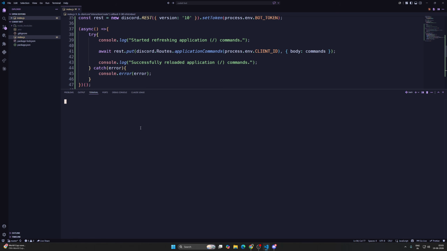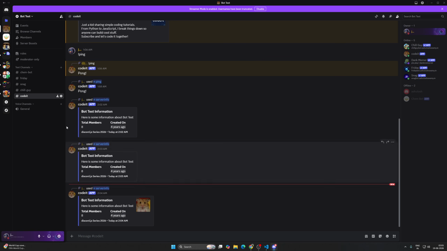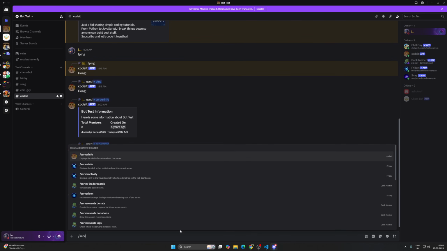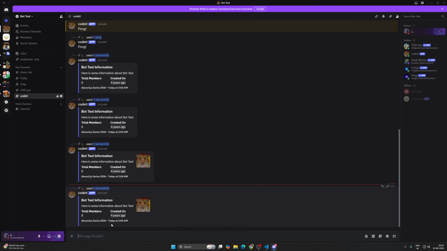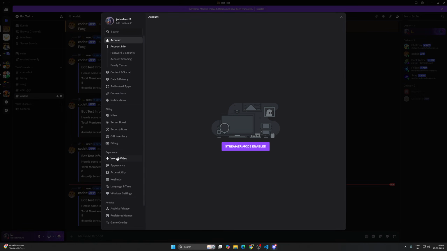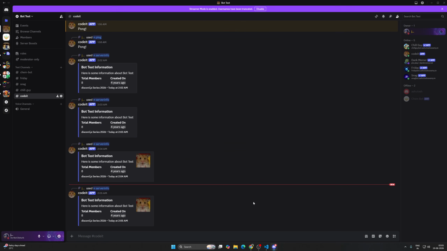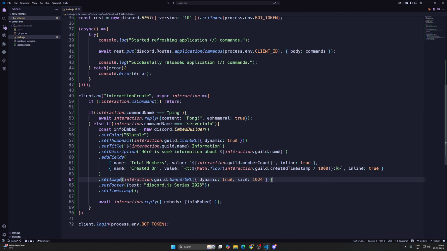Now if I run this node index.js, the banner URL is basically the banner which we set for the server, which is this. Now if we run this, we will not get any image because there is no banner URL over there. It's the default. Now what we can do is, instead of banner URL, we can paste a real URL there,